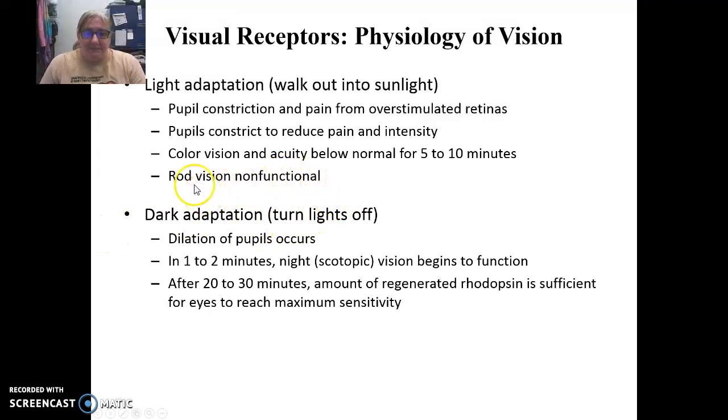Adaptation to light doesn't occur immediately. So with smell, we adapt very quickly, but with light, we don't. So when you walk out from a dark area, say you went to a movie during the day, you're in that dark theater, when you walk out into the bright sunlight, you actually get pain in your eyes. You have to shut your eyes. You're maybe covering your eyes, squinting a lot until the pupils constrict, and it's the iris that is causing the